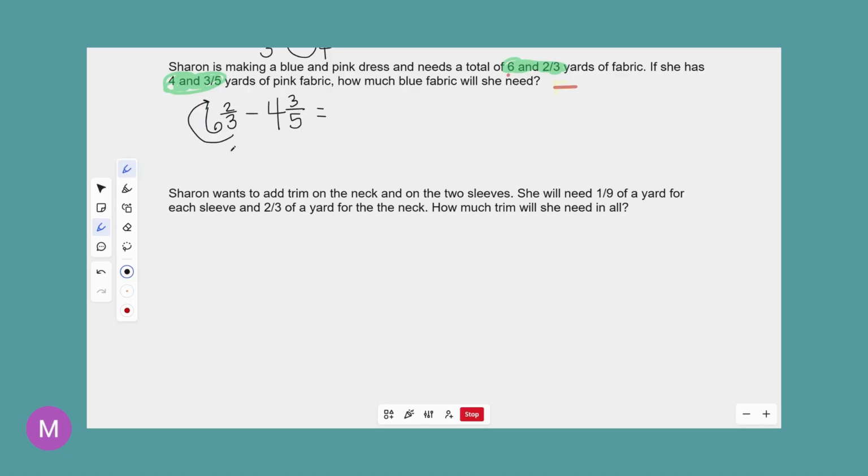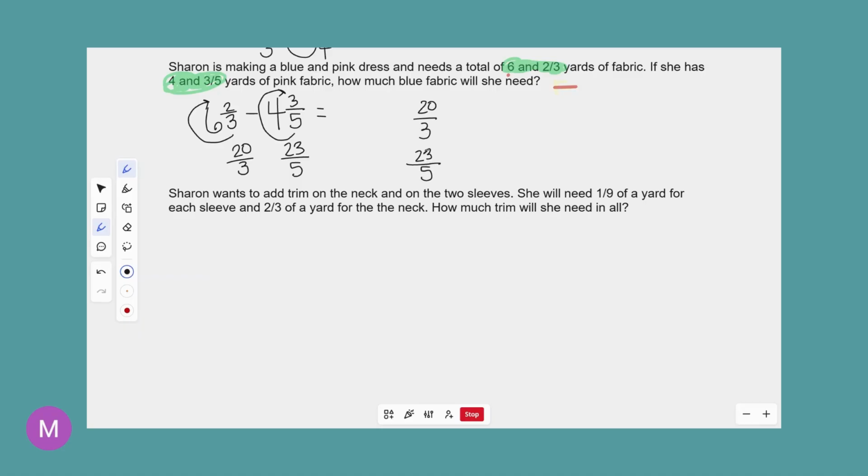So 6 times 3 plus 2, we're going to get 20 over 3. And then let's convert this. 4 times 5 is 20, plus 3 is 23 over 5. And I'm going to do it vertically here,